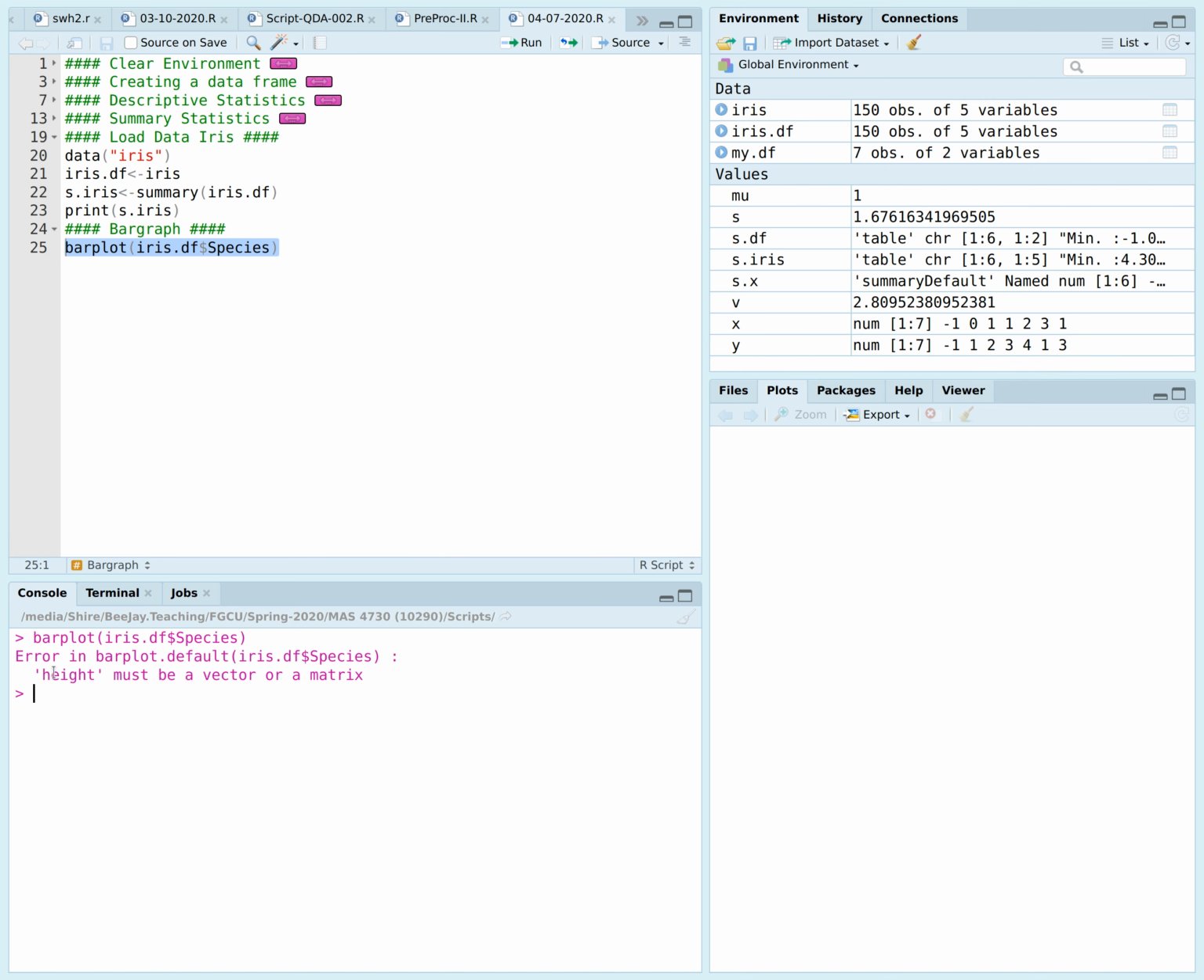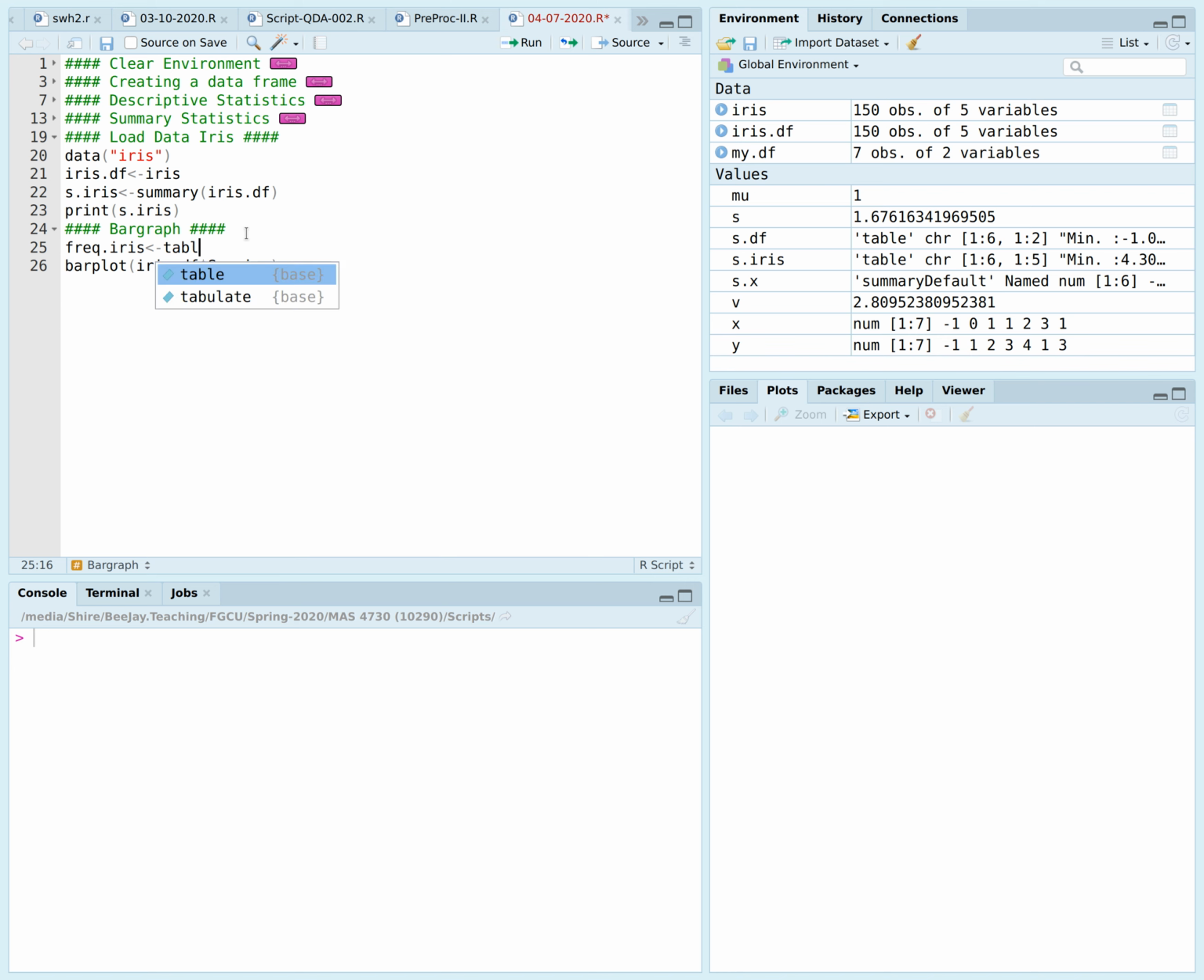run that, and it gives us an error, and that is height must be a vector or matrix. So the reason for that is here we don't have it as a frequency distribution. Keep in mind that we need a frequency distribution in order to create a bar plot. So how do we get that frequency distribution? It's quite easy in R. So the intermediate step here is to create a frequency table. It's simply table